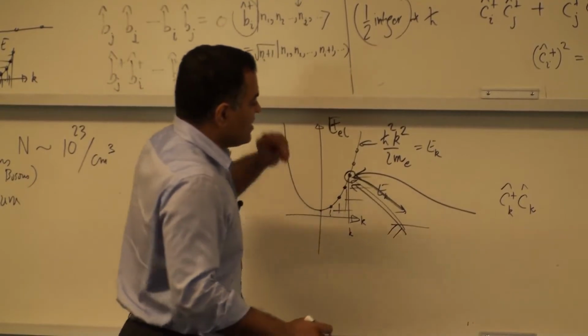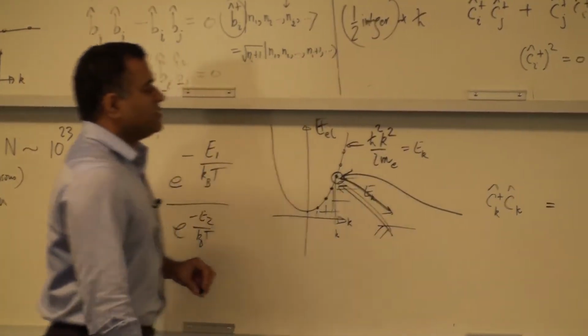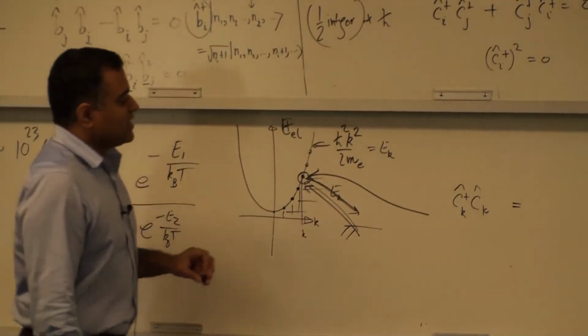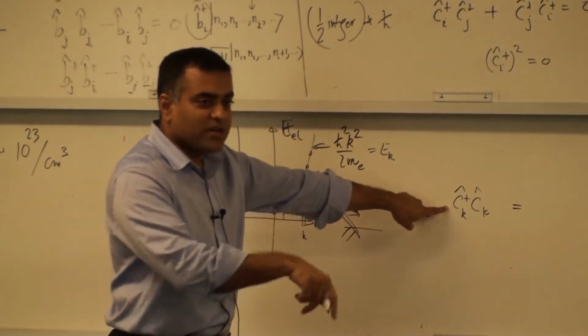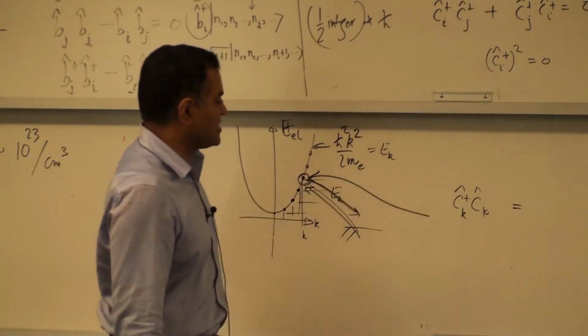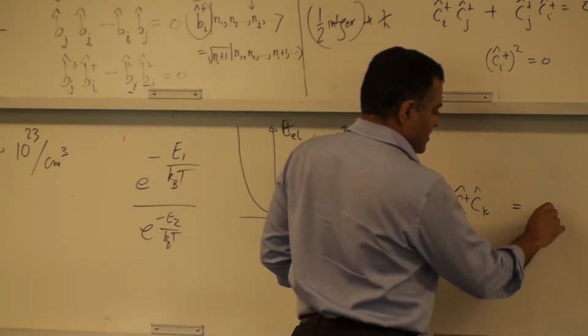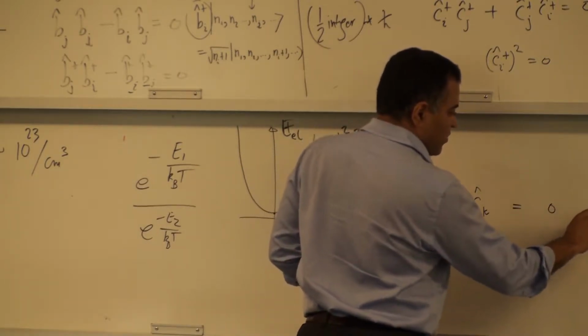So over time, if I take this number, c dagger c, it is the occupation number of that state. That's the physical meaning of that, right? The occupation number of that state. Now, the occupation number at any given point of time can be either 0 or 1 if it's a fermion.